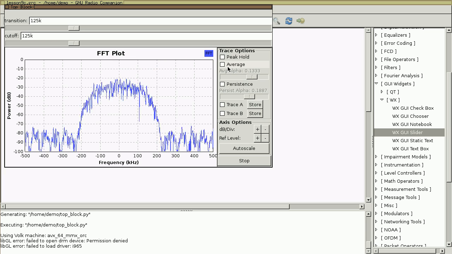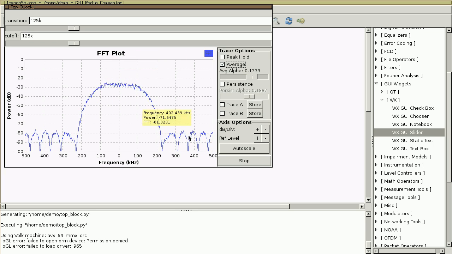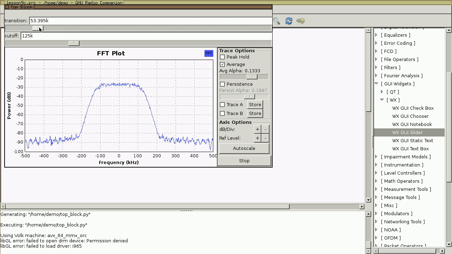And if I use my average button, I can see very clearly what the frequency response of this low-pass filter is. It's a low-pass filter, which means it passes frequencies that are low, or that are closer to 0 hertz. But frequencies that are high, that are far away from 0 hertz, are blocked. They're reduced by many dB. And if you adjust the transition width, if I make the transition width narrower, you can see that it takes